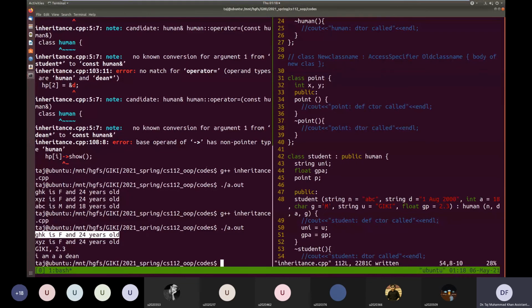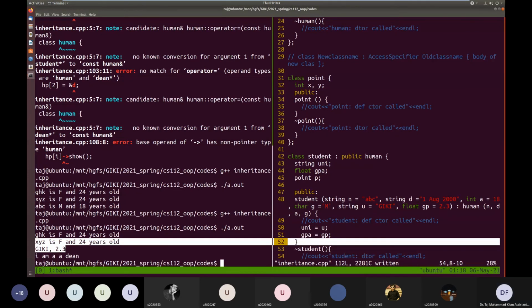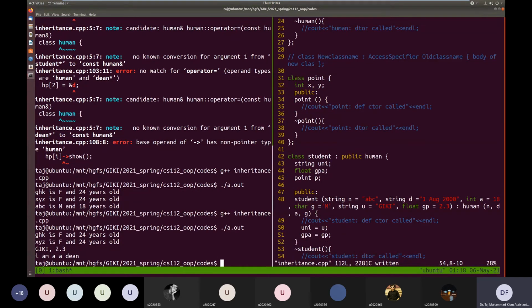The second pointer points to an object of type student, and this time, since we declared the function virtual in the base class, this pointer is calling the appropriate function of the object whose address it is storing, not of the base class object inside that object. So this time it is calling the show function of the student class. And similarly, the third pointer contains the address of the Dean object, so it is calling the show function for the Dean object.